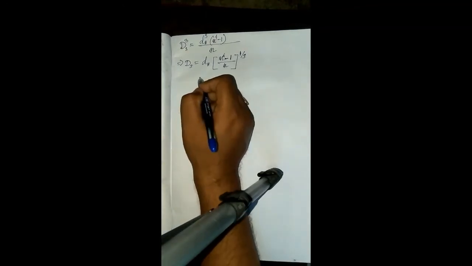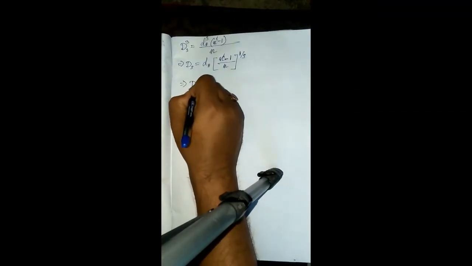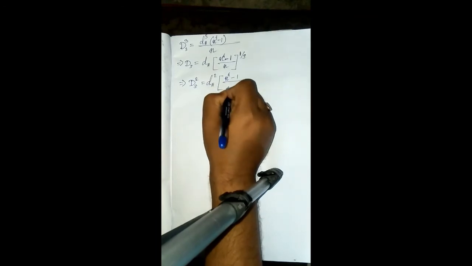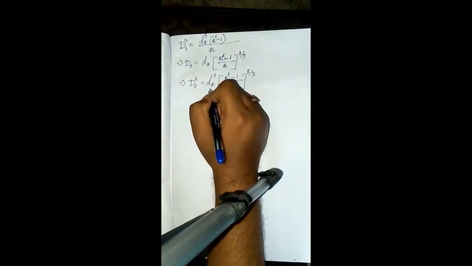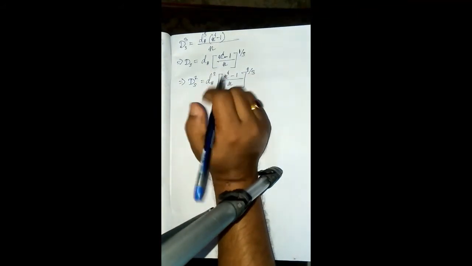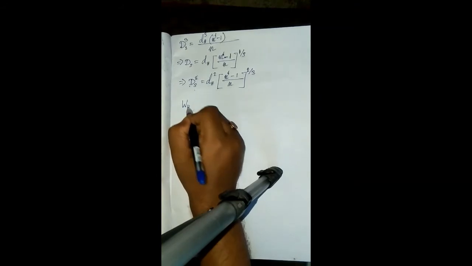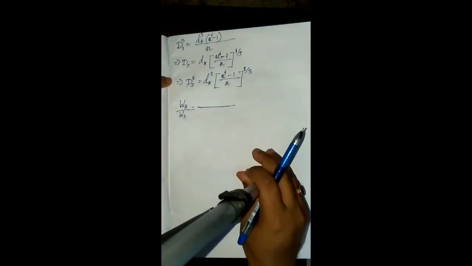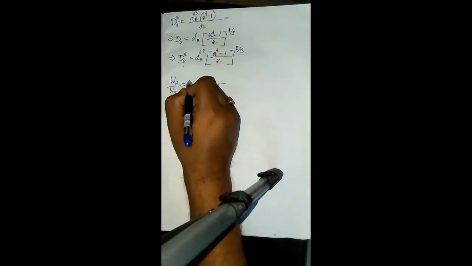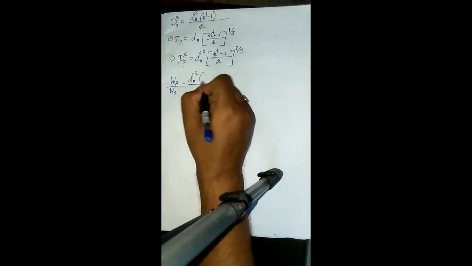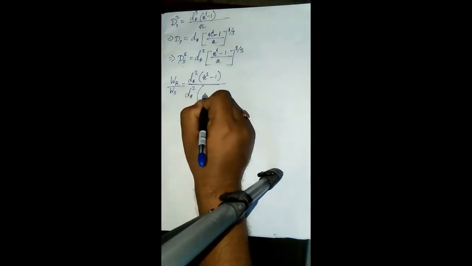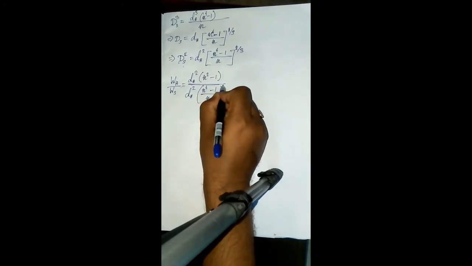Now again we are going to square both sides, so ds square is equal to dh square n to the power 4 minus 1 by n to the power 2/3. Now we're going to substitute this dh square value into the weight relation. That means wh by ws is equal to, we can write, dh square into n square minus 1 by dh square to the power 4 minus 1 by n to the power 2/3,